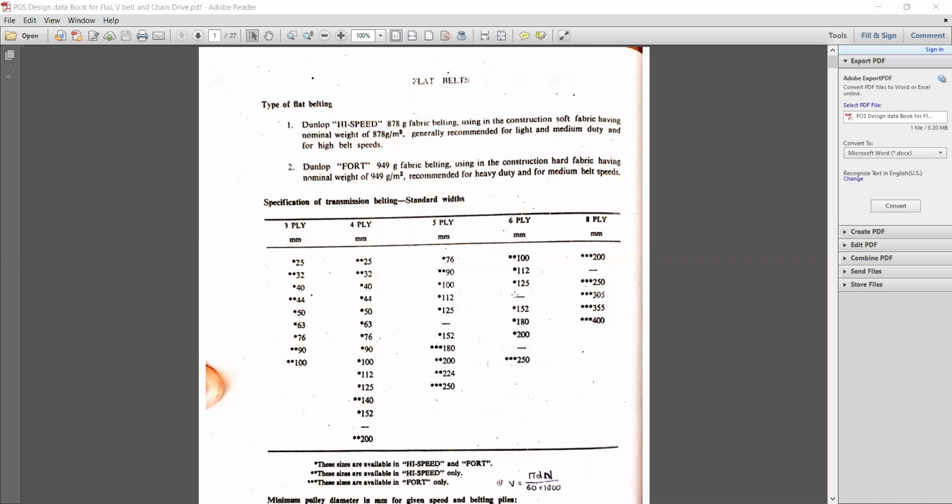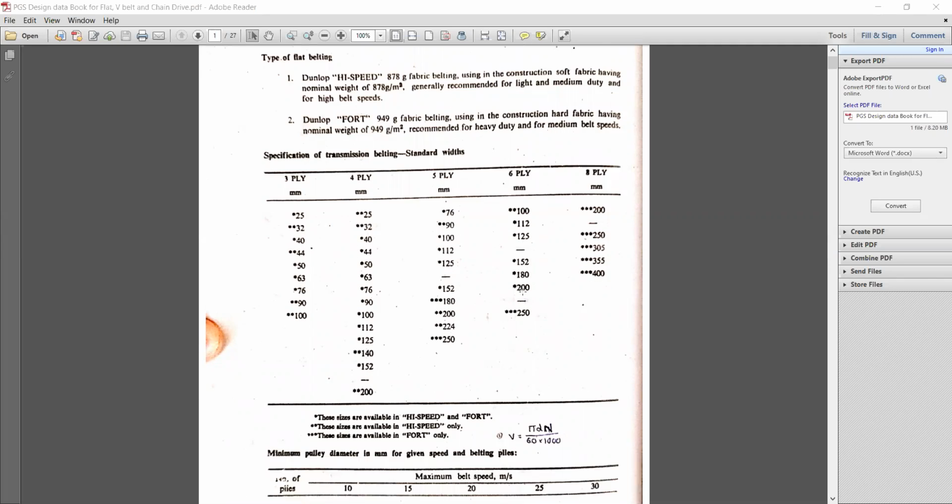Hello students. Today we will discuss the design of flat belt, V-belt and chain drive. Initially, just take a look at the PSG data book where these designs are available. Referring to PSG page number